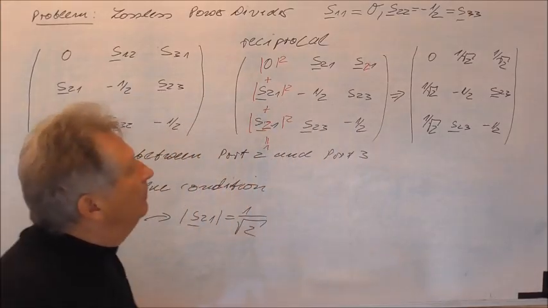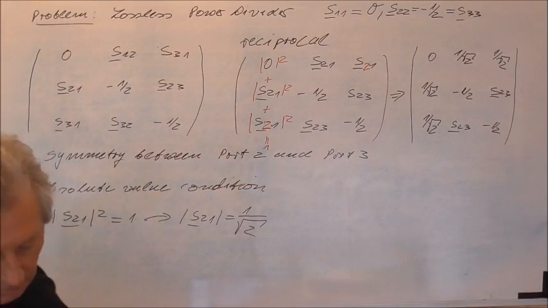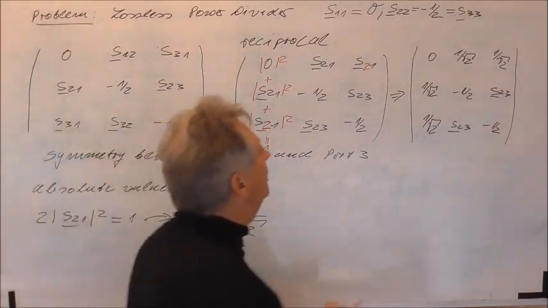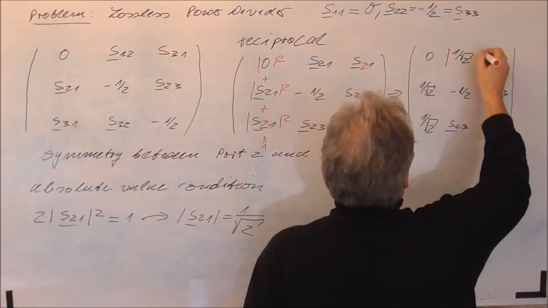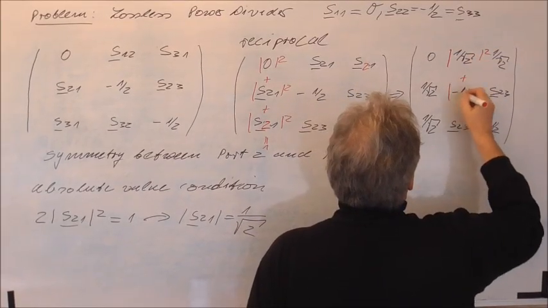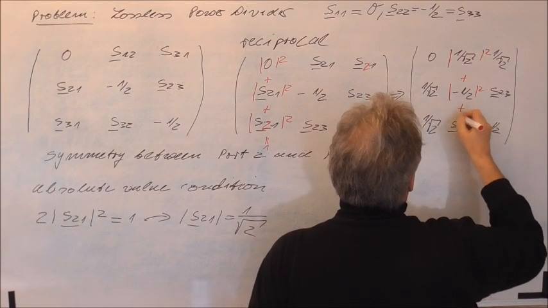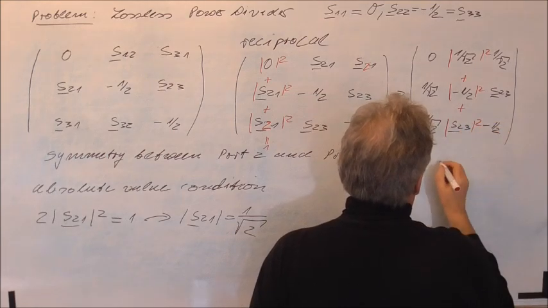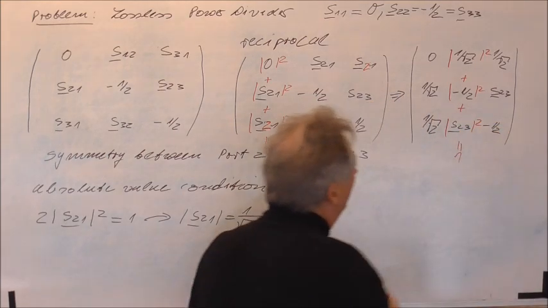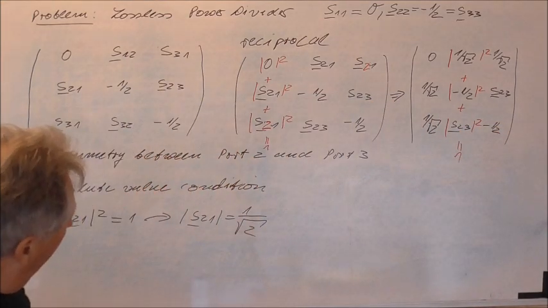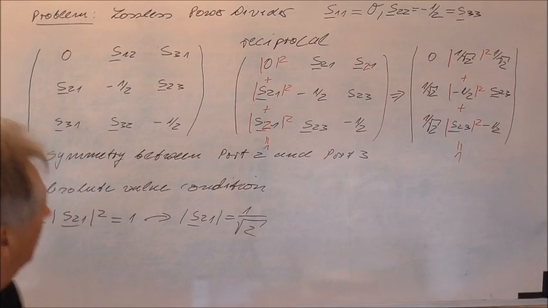And also since again this is a lossless two-port, we can now say this absolute value plus this absolute value squared plus the absolute value squared of this must be 1 again, and we can conclude now